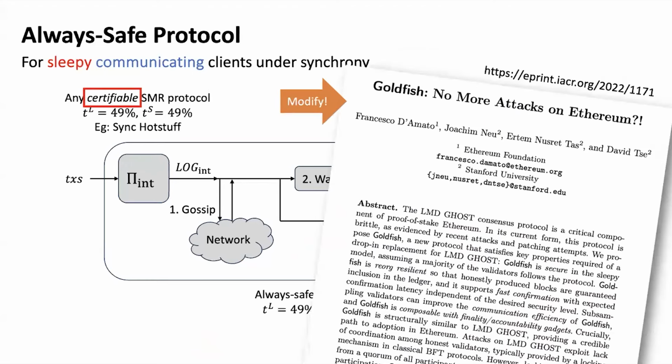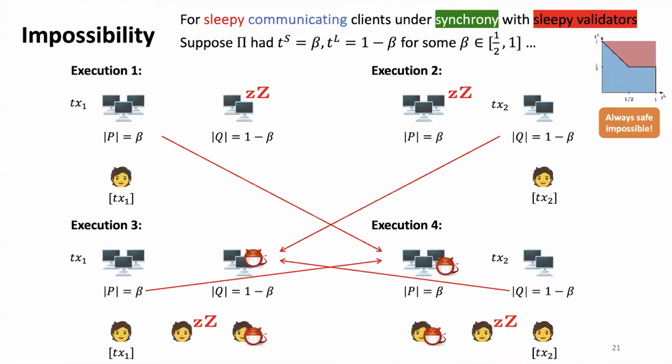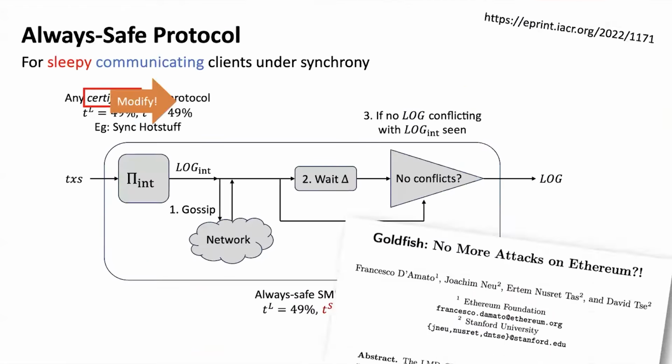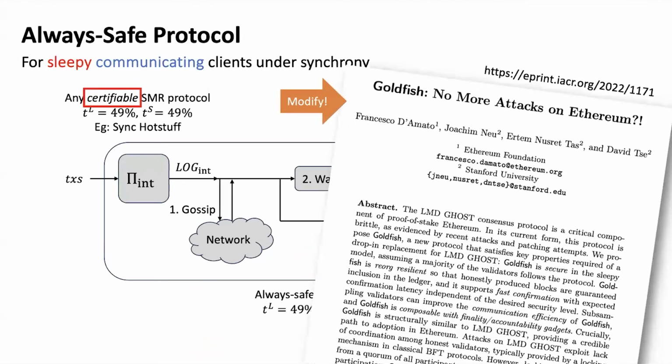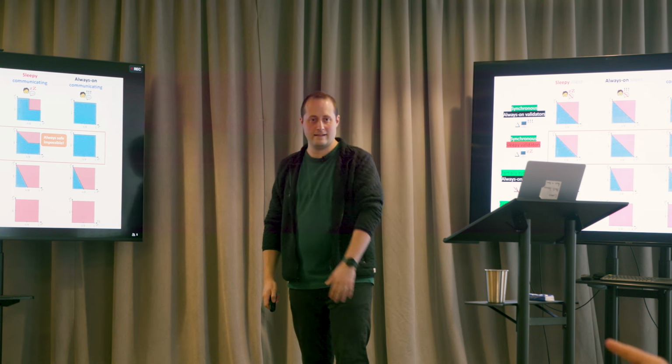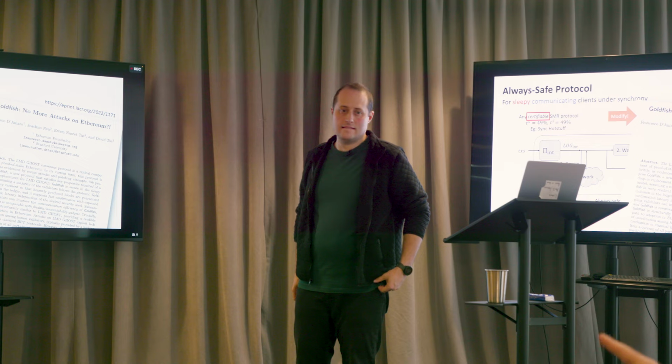If you want to get the other bound, the achievability side of this, one way to do that, for example, is with the Goldfish protocol, with a modification of the Goldfish protocol. We haven't checked whether there are probably other protocols that can do the same. Okay. Sorry, can you connect the dots there for a second? Why does that solve that problem? What is it you need and that it has?